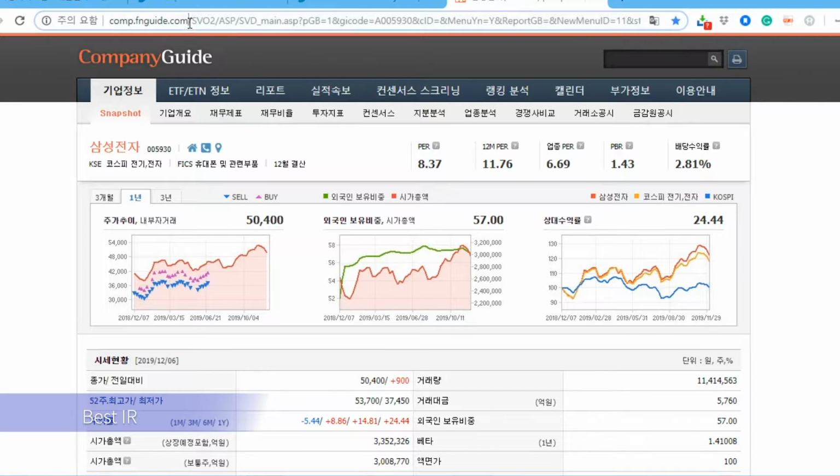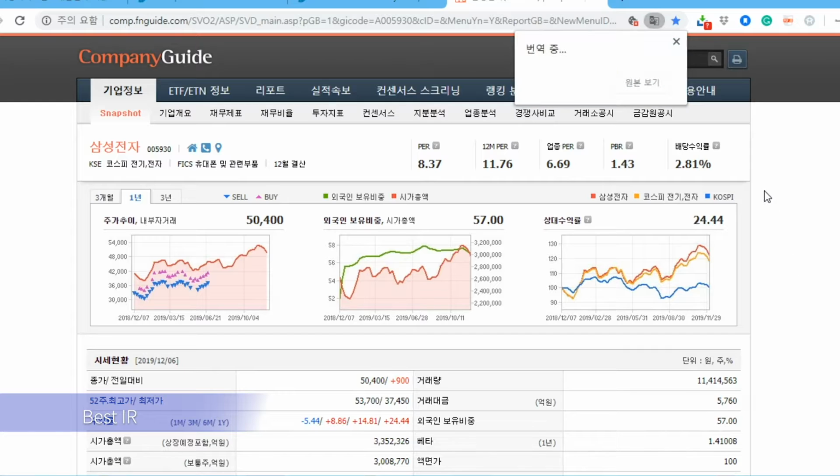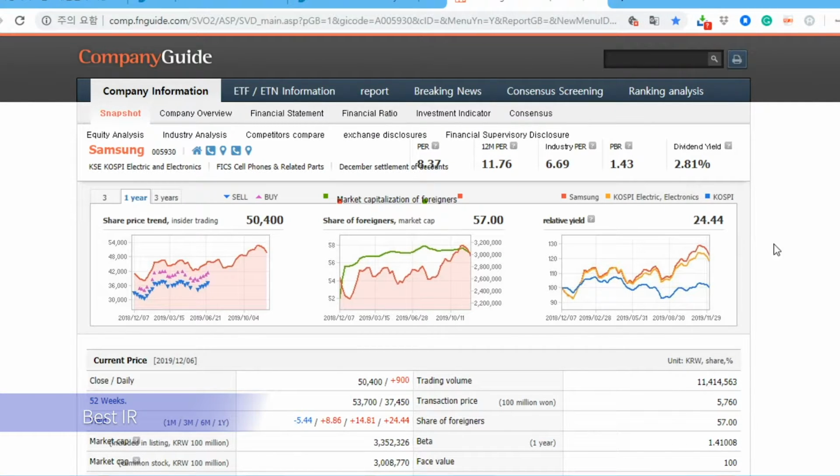This one is free, otherwise you have to pay for it. company.fnguide.com is free. And this is going to be a pretty interesting place to go,